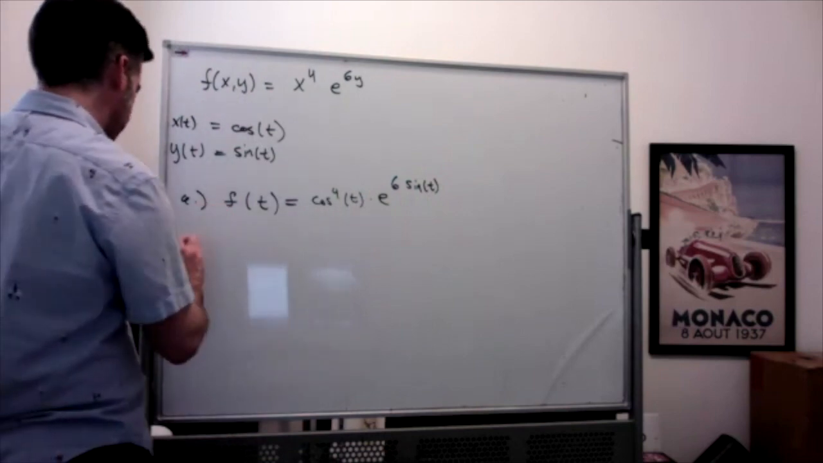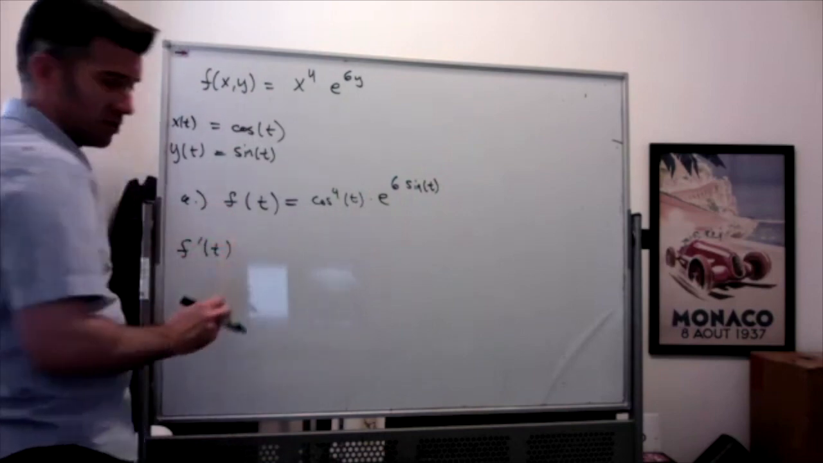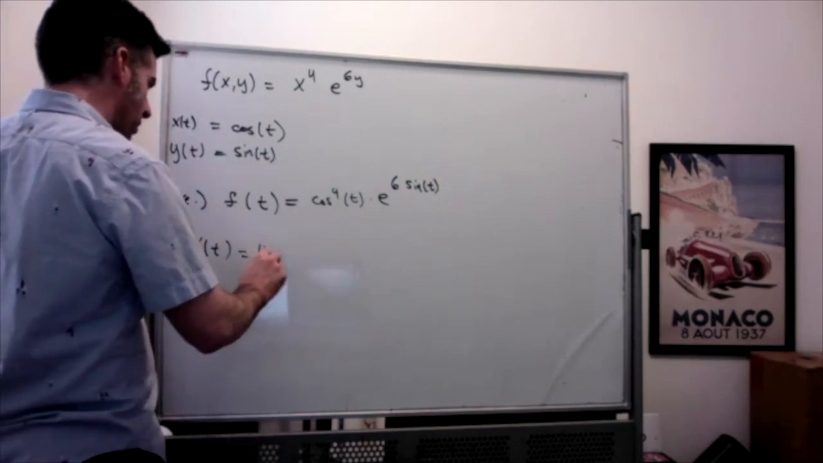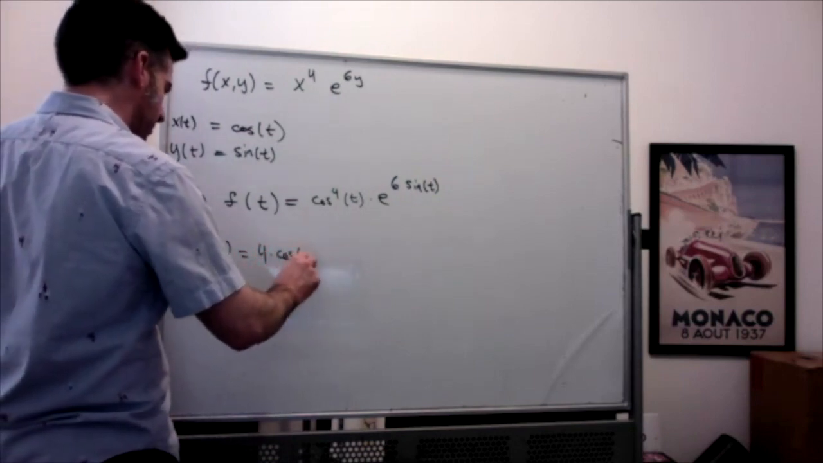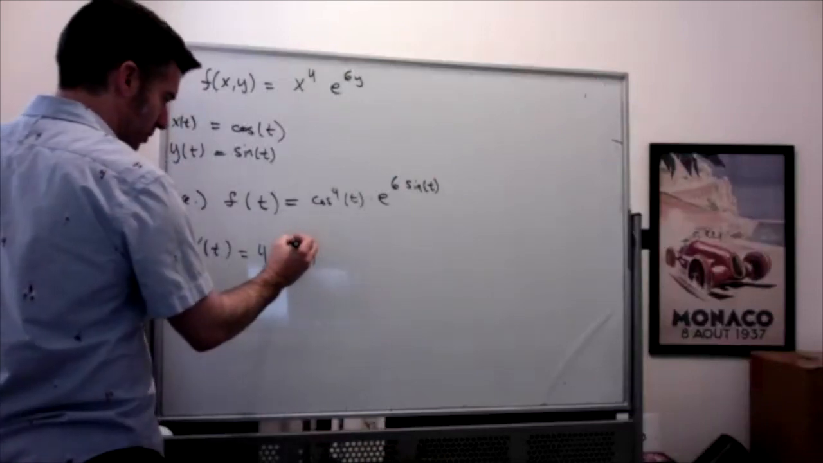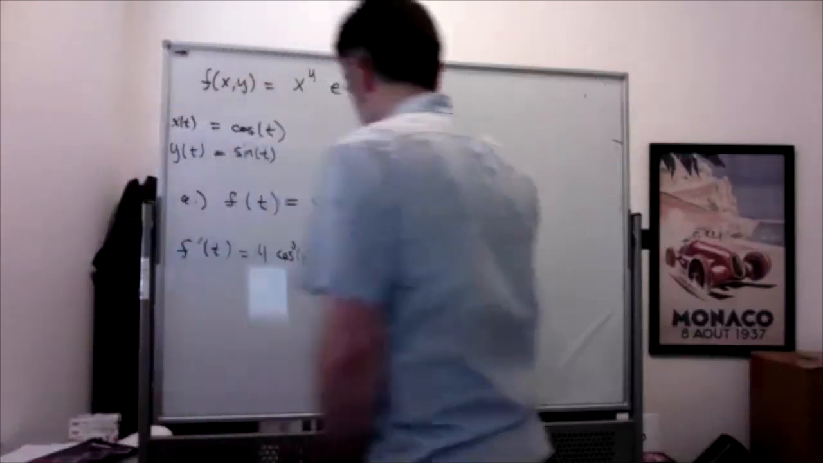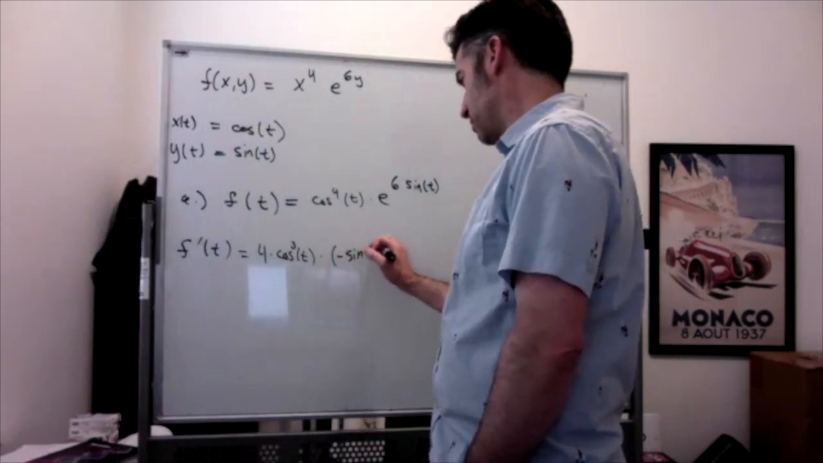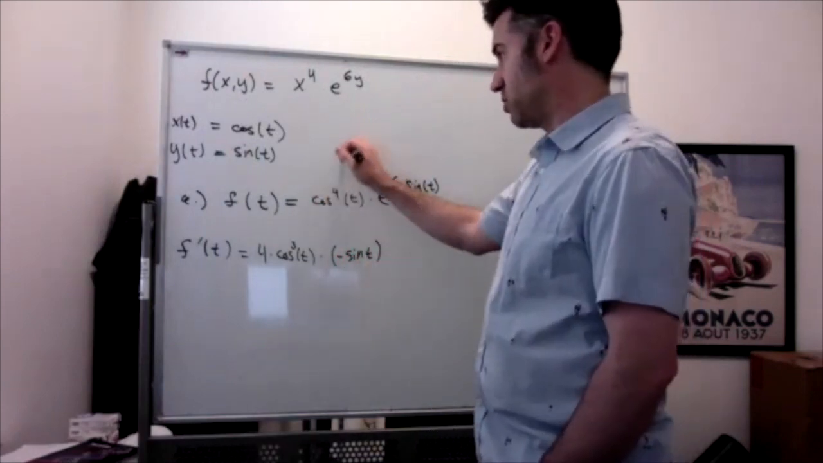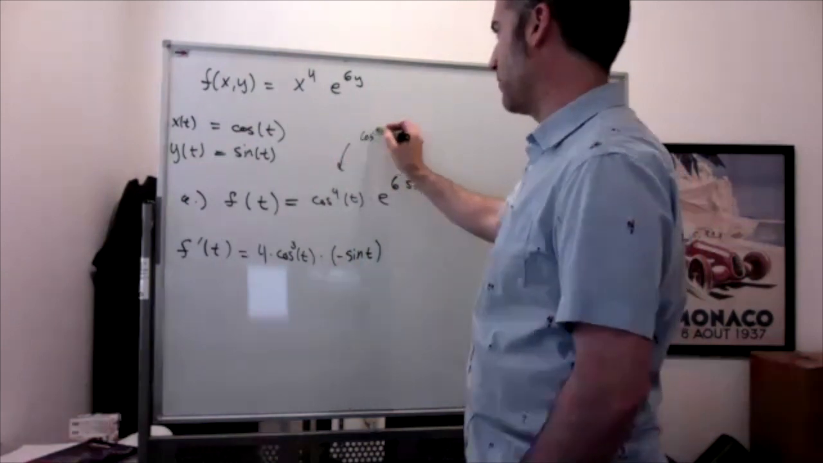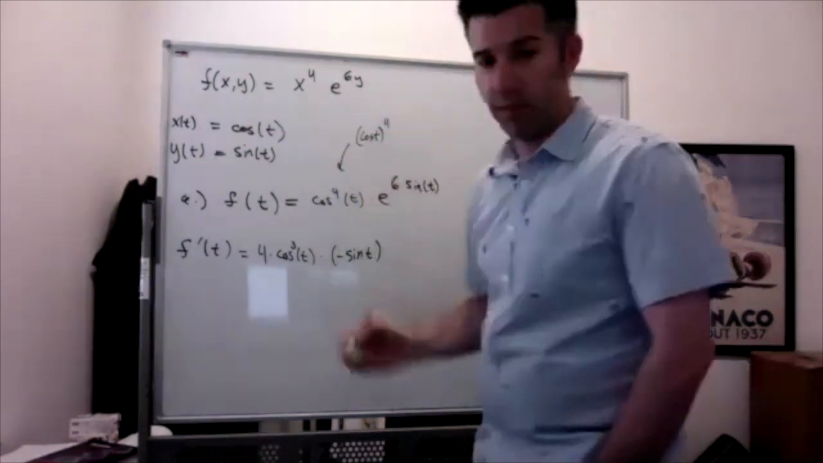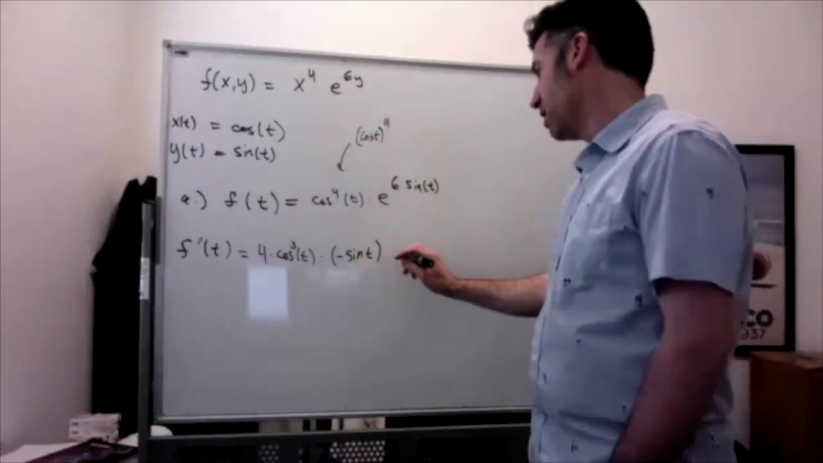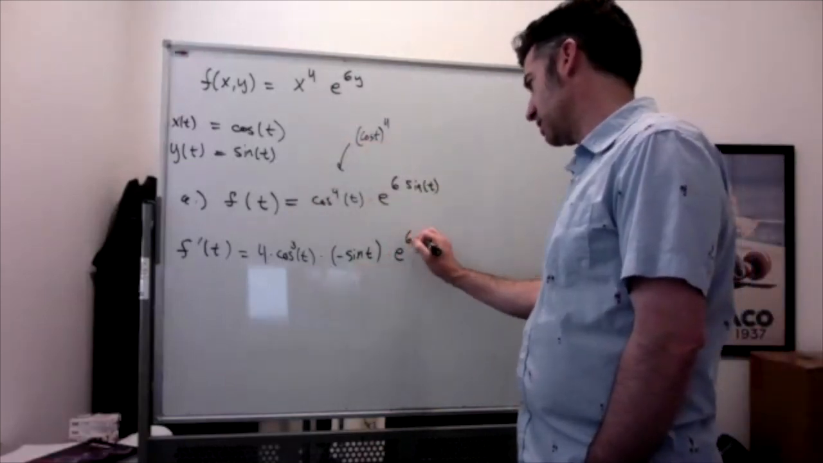So the derivative is going to be the derivative of cosine to the fourth of t. So that's going to be 4 times my stuff to the third power times the derivative of that stuff, which is negative sine of t. Just to be sure that everyone's okay with this, this cosine of t to the fourth power, so the derivative is 4 times cosine t to the third times the derivative of cosine t, times e to the sixth sine of t,